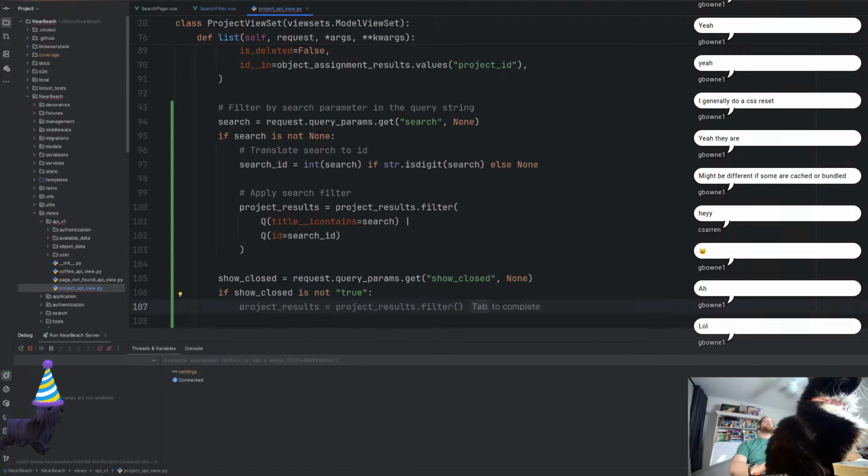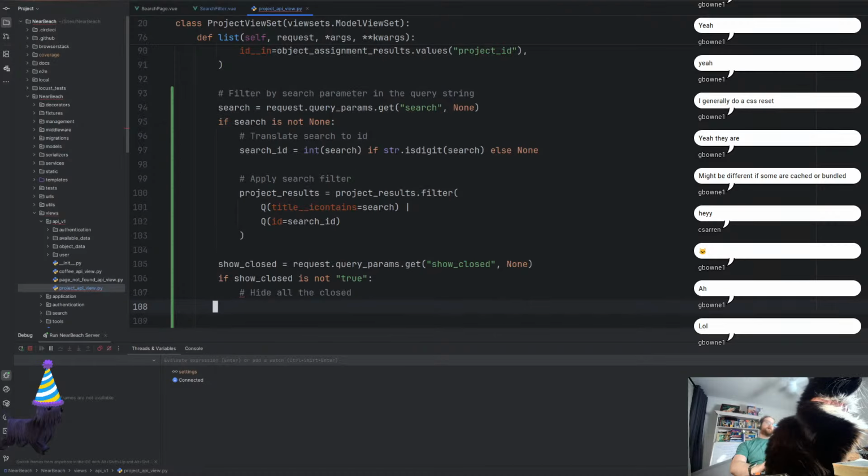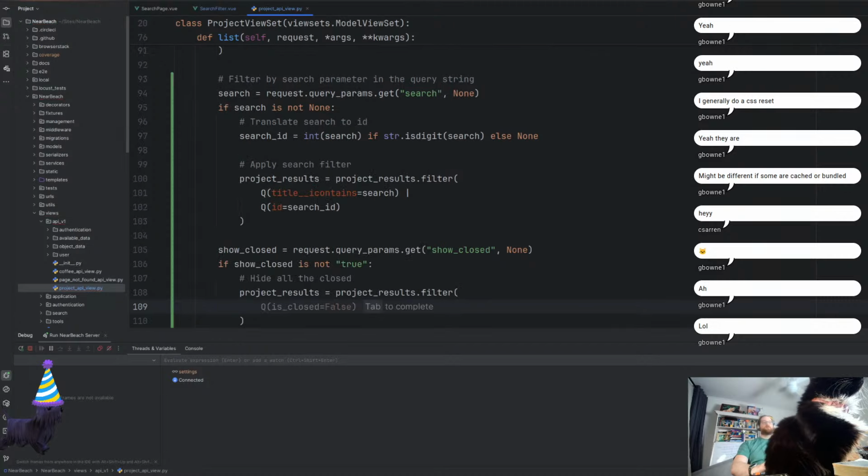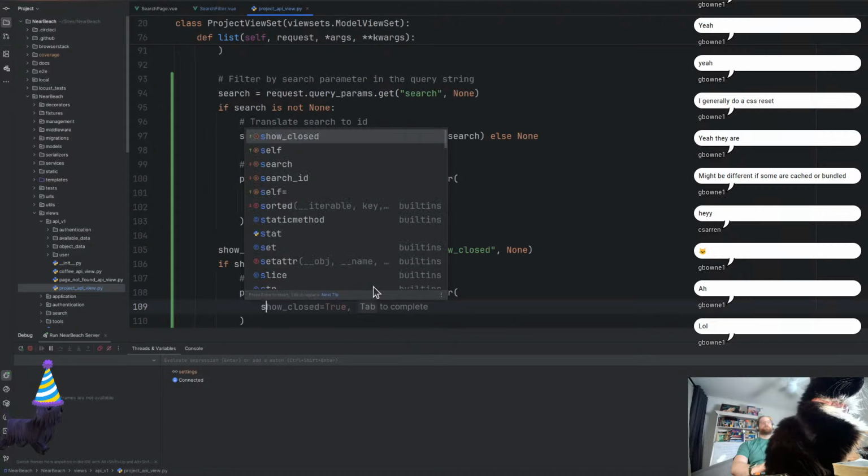I think that's it, yeah. Hide all the closed. All right, cool. That will then be project results equals project results where status